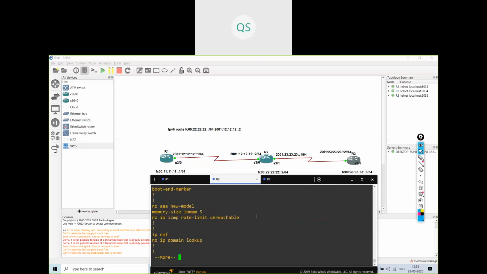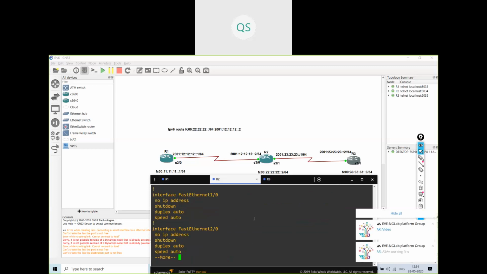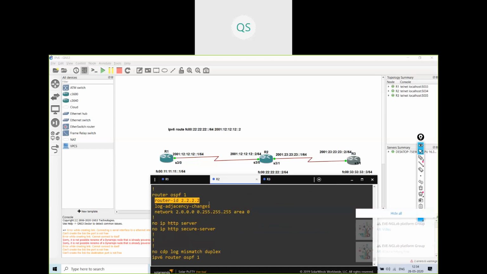Show run. Router ID is 2.2.2.2. Okay, let's see it tomorrow.